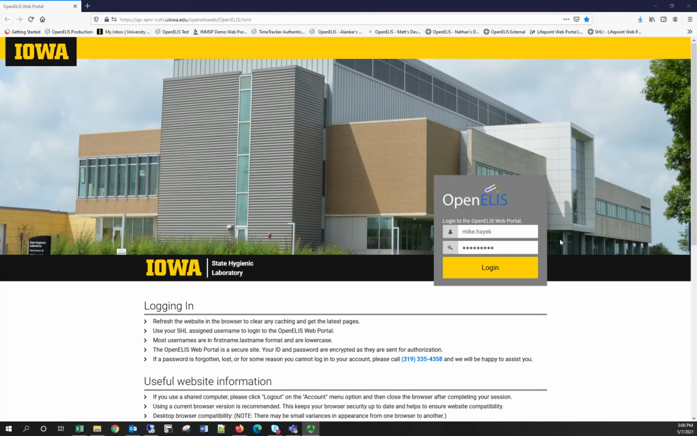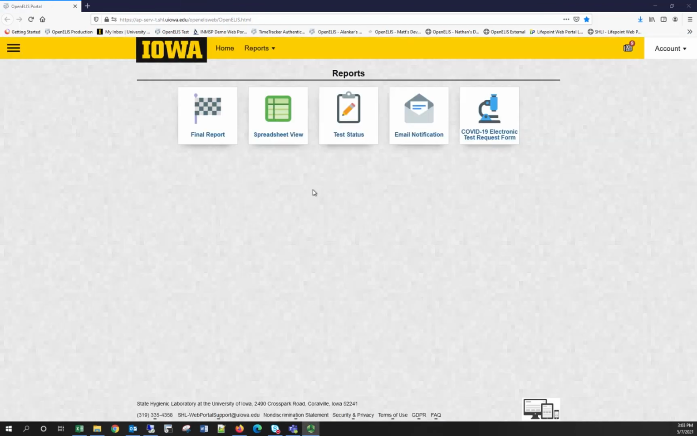Enter your username and password supplied by the State Hygienic Laboratory, and then push the Enter key on your keyboard or click the Login button. There are currently 5 screens available through the OpenELIS Web Portal. There are 2 ways to get your results: